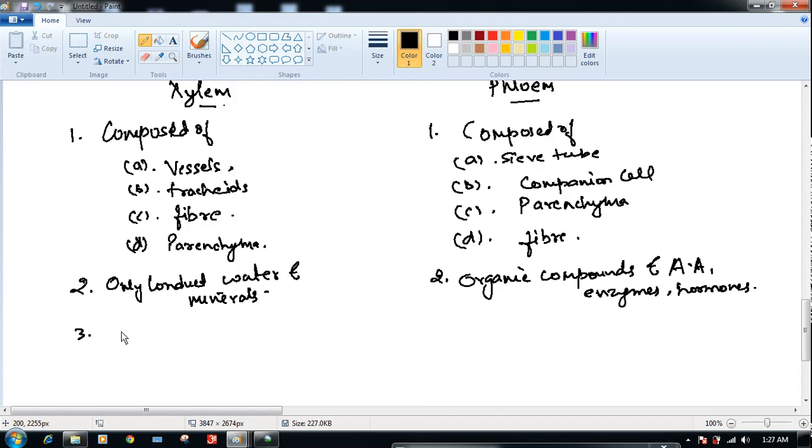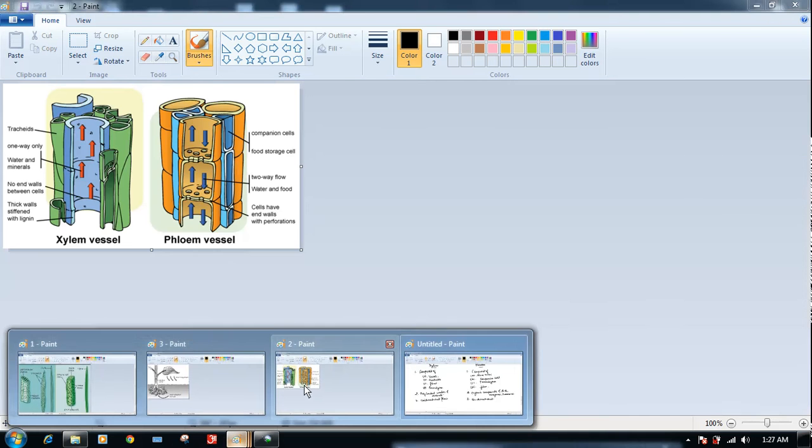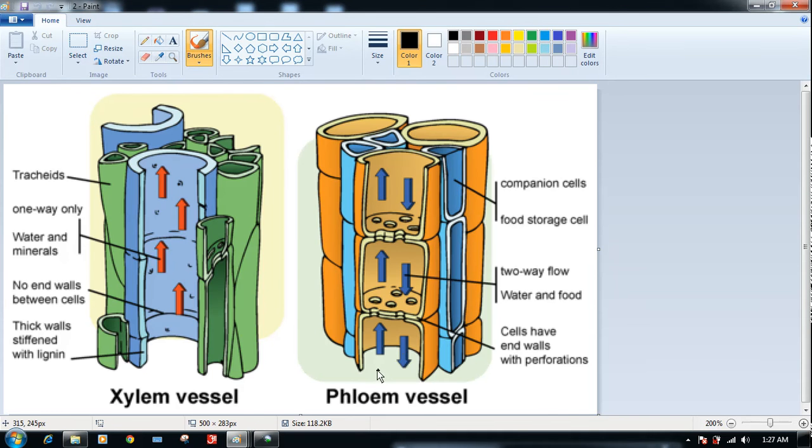Third thing, the flow of water and mineral in xylem is unidirectional, but in case of phloem it's bidirectional. So I can show this with the help of one diagram here. We can find that in the xylem vessel the arrow is shown upward, that means the water is going only in one direction from bottom to top, because transpiration is going on. So transpiration will create a pressure,